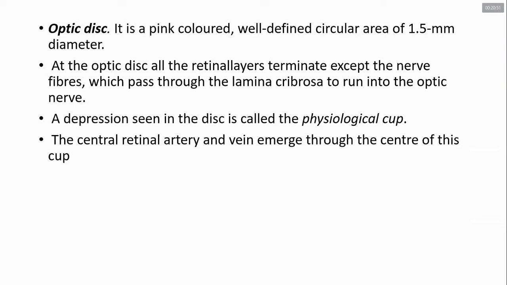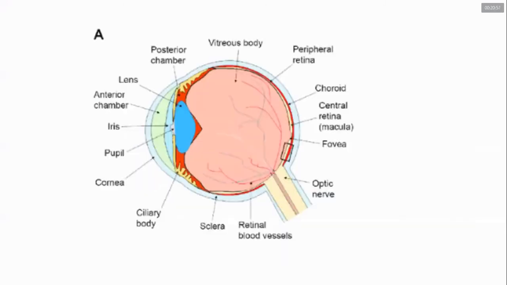So what is this lamina cribrosa? Again, here frequently the question will come to your mind. See, this area is the lamina cribrosa. It is nothing but a part of the sclera. But what type of structure? It is porous, meaning multiple small holes. If you remember, it is a sieve-like structure. So over here, the nerve passes through it. The signals carried from here pass through it. So this is a specialized part of the sclera, porous, with the nerve passing through it. This is the lamina cribrosa.